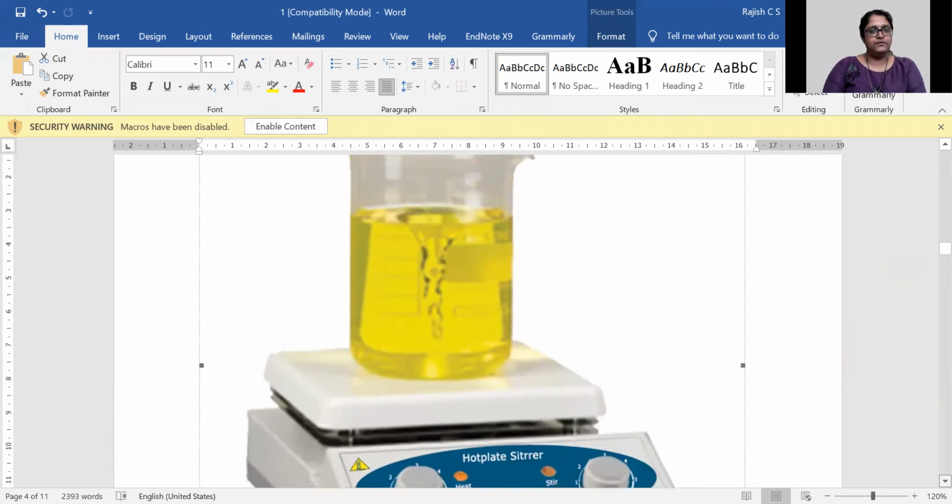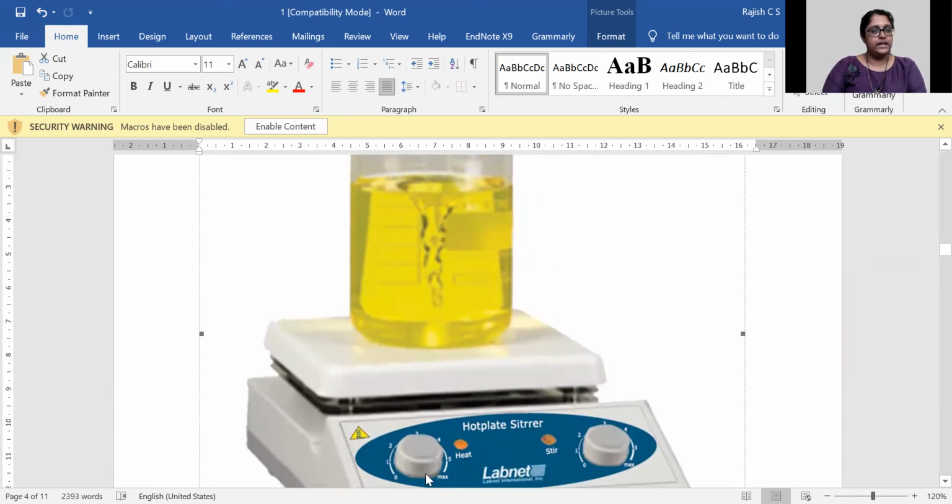And for that, you will have two knobs over here. One will be for the heat, with which you can adjust the heating setup of the plate. So be careful if you have put the heat on, do not touch the surface because it will be very hot and it can cause burns. And then the other one is stir, with which you can determine the amount of stirring that is required. Because if you are putting it at very high stirring and you have used a very small beaker, then the bead will just jump out of it and fall out. It will cause the beaker to tilt, or the entire medium will splash out of the beaker.